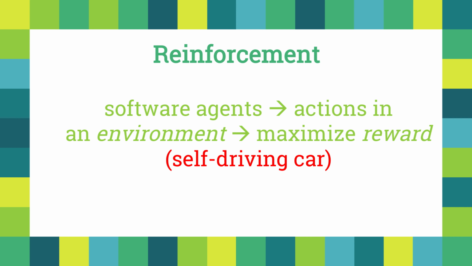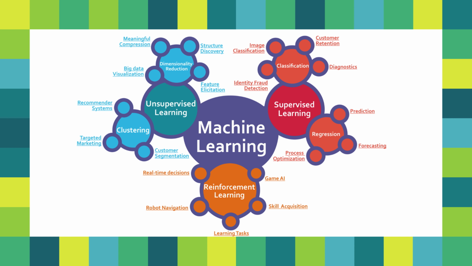So we have a computer, a camera within a self-driving car, and it interacts with the road, people, and other cars to learn how to navigate a city. The environment here is the city, the people, the cars. The reward is making it to the final destination safely and probably using the shortest way possible.